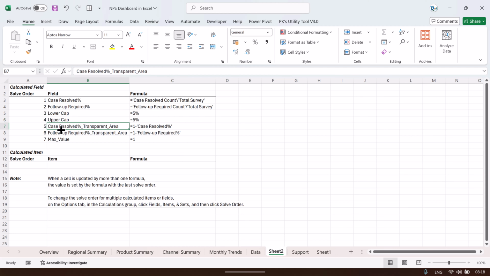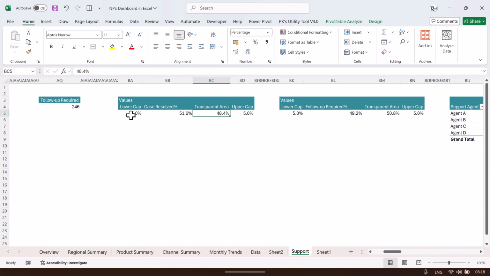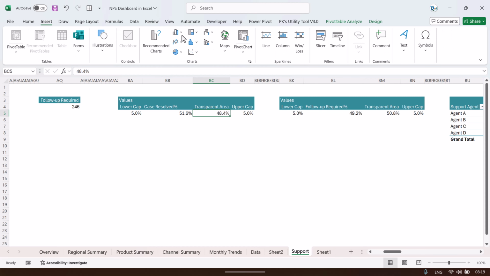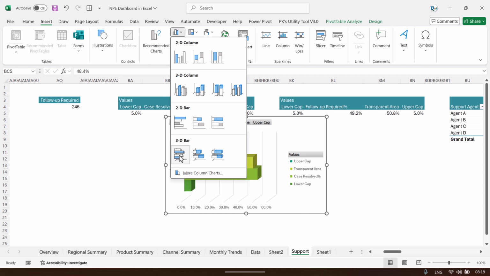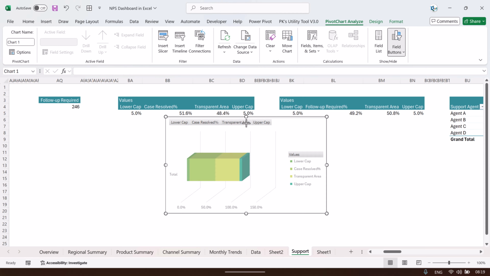Then here we are taking the transparent area as 1 minus case resolve. So we have created this pivot table with lower cap, case resolve, transparent area and the upper cap. Once you have created this, then you can insert the 3D chart. So let's say I'm taking this bar chart here. Okay, now let's